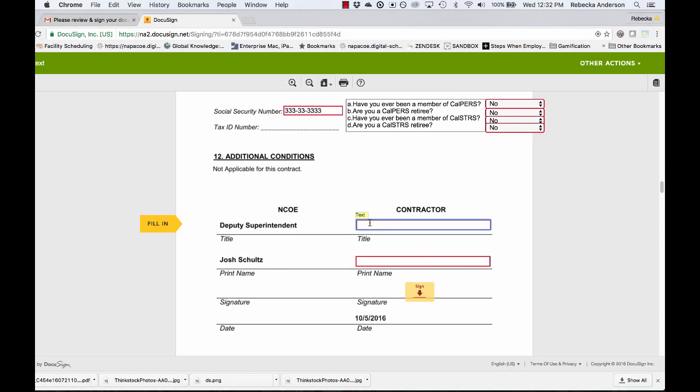And then when we are all done, down at the bottom, it's going to ask us for our contractor, what is our title? I'll just say owner. And now it wants our name, so we're going to put in our name. And then it's asking us to sign. So if you just click on this orange button,